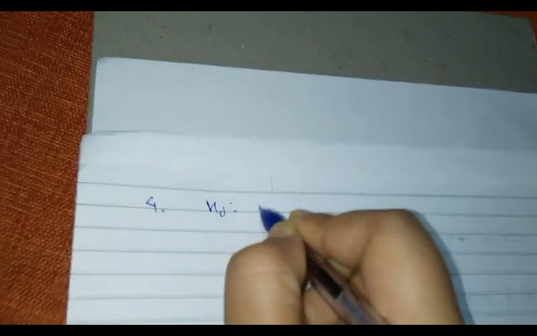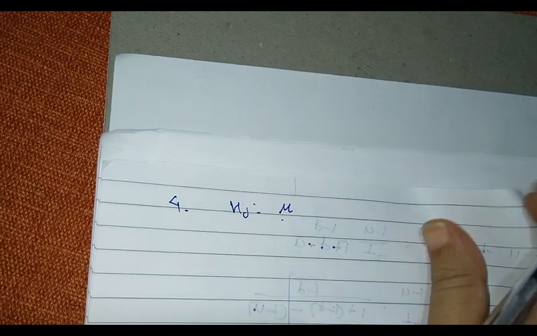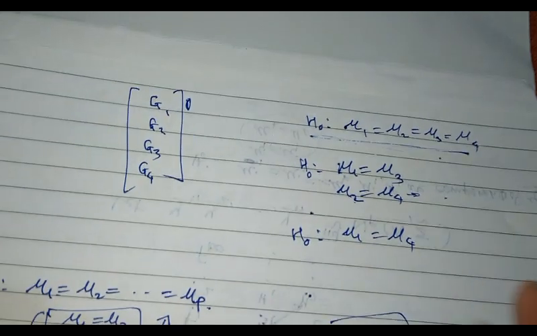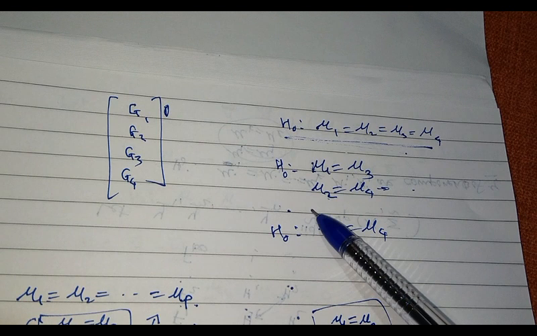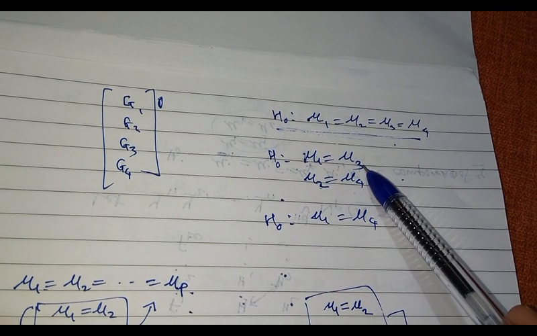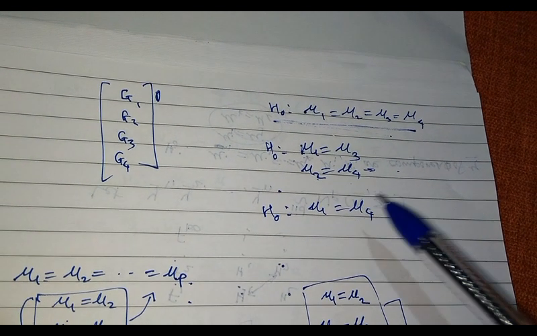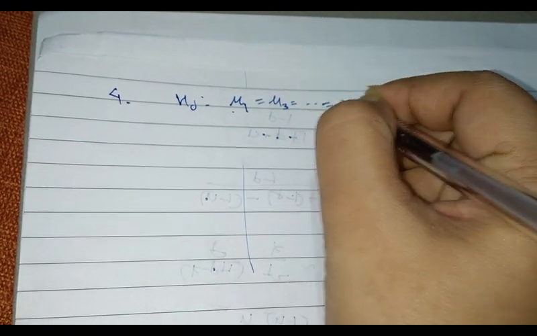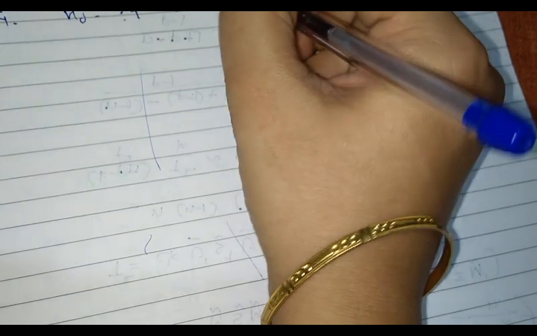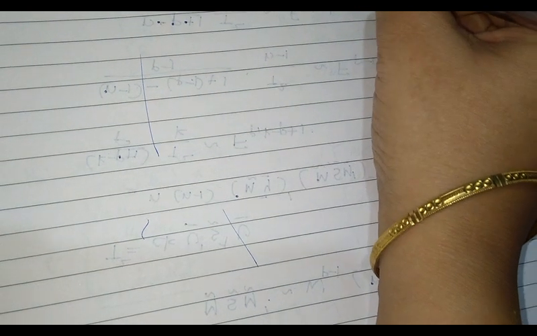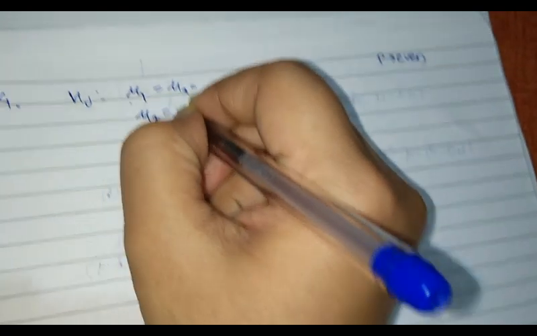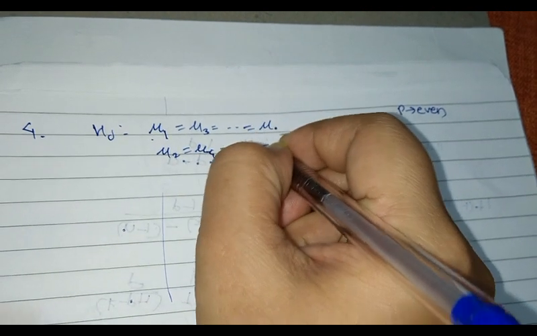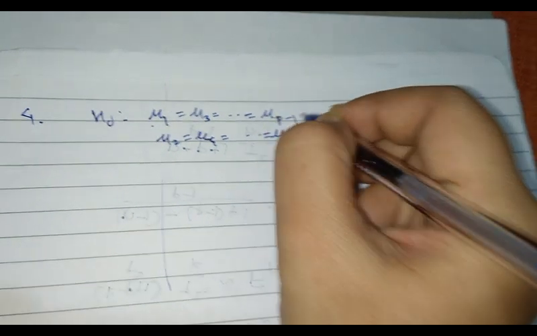Let me take another application of the same setup. We did discuss one application here. What if I want to test whether mu1 is mu3 and mu2 is mu4? That is, all odd components have the same mean and all the even components have the same mean. Then I will write this as mu1 equal to mu3 equal to, say, mu. Let me assume that P is even. So I have mu2 equal to mu4 equal to mu P here, and here P minus 1.